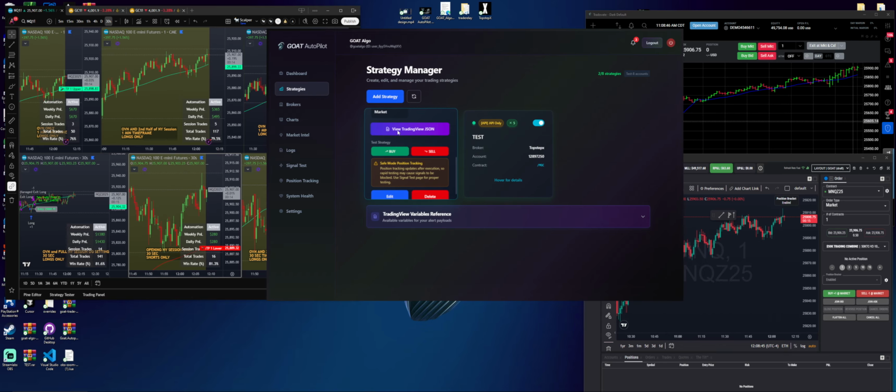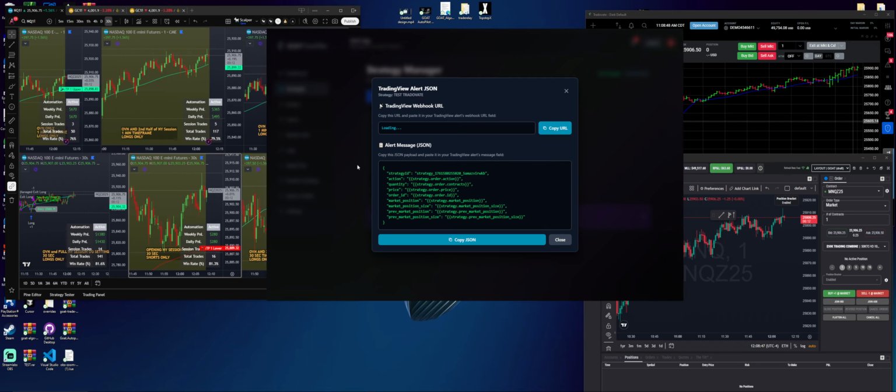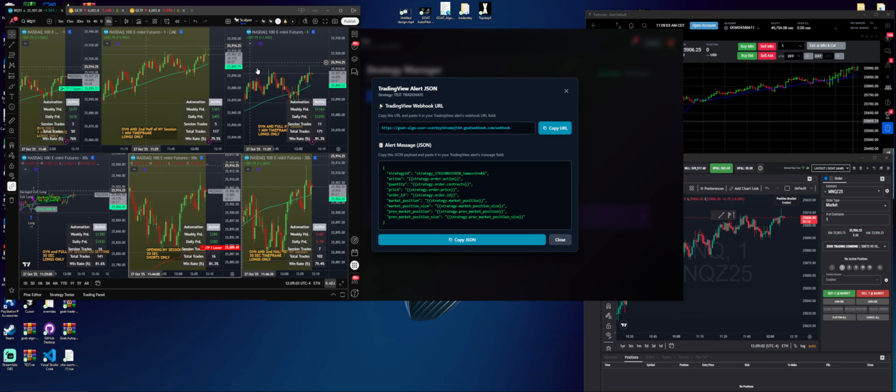So I'm going to go here, view TradingView JSON. We're going to let the URL load up. We're going to hit alert message JSON, copy the JSON here, hit the button, or you can highlight it and Control C or Command C. But you hit copy JSON, it will copy it. There's a little green message back there. Now we go in TradingView, whatever chart layout you have,